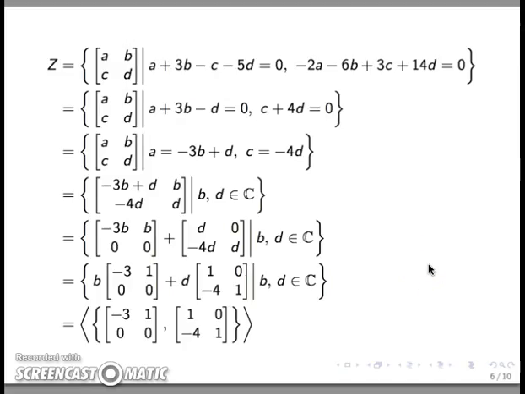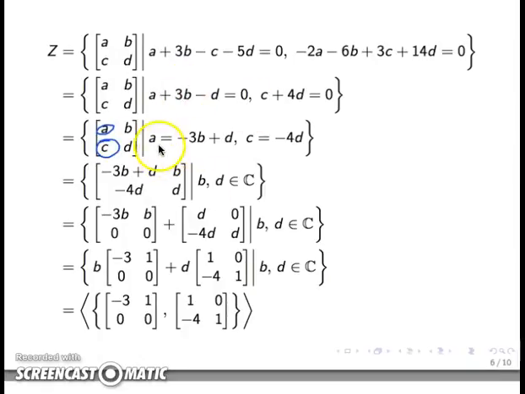This is a slide that we had worked out before, that leads to making substitutions on the definition of this set. We can substitute for the expressions A and C, and these are substituted precisely by the expressions that we obtain from the row reduction. So on the entries 1,1 and 2,1, we can then write expressions in terms of B and D, the free variables, and by doing so we can express this 2 by 2 matrix